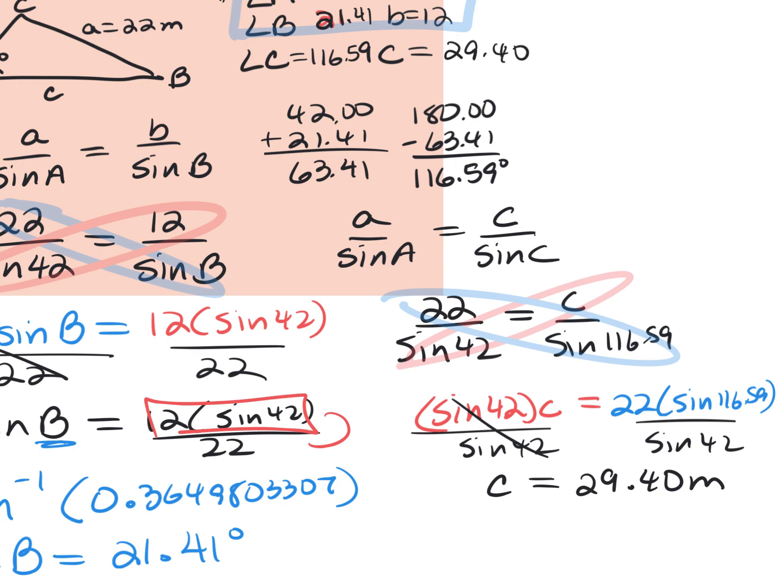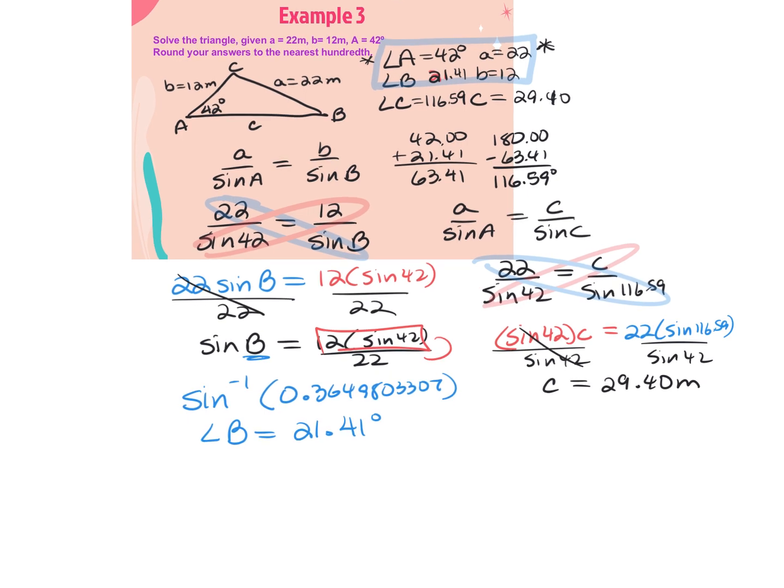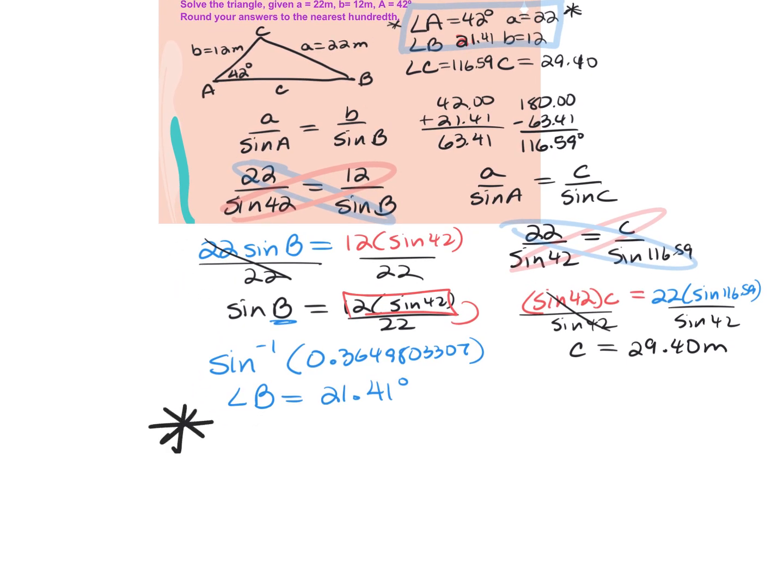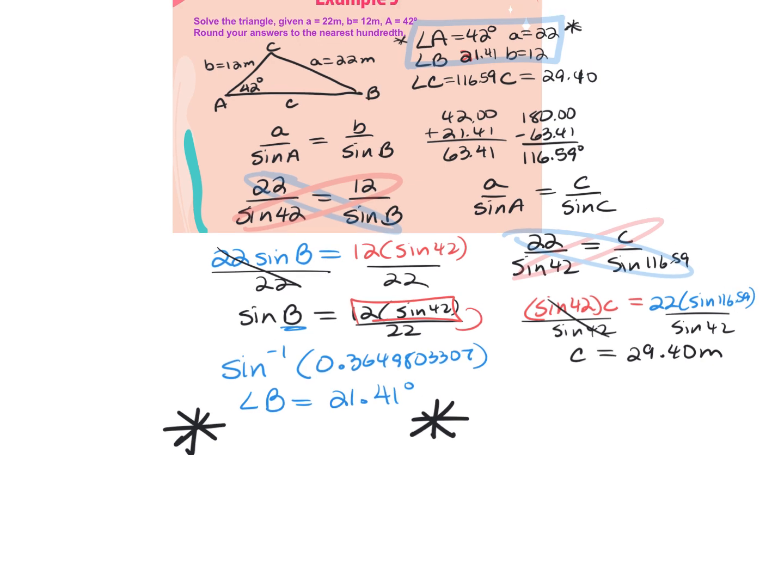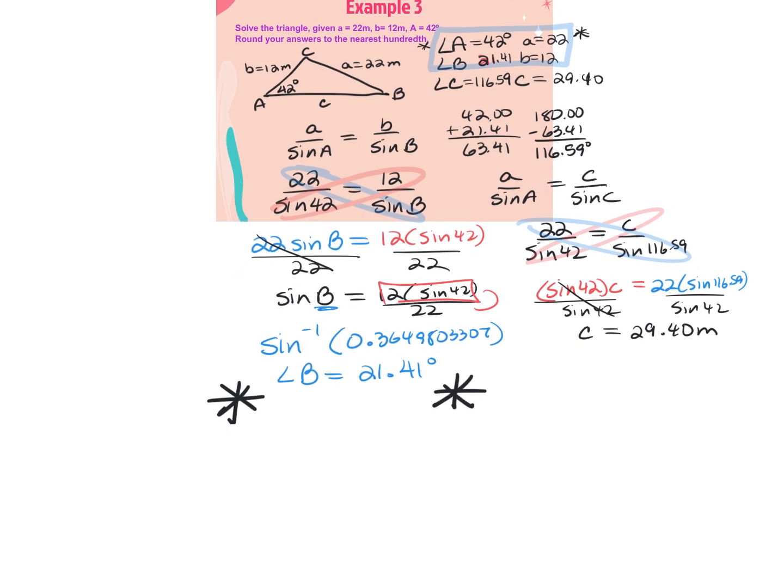Now, on those steps that were on the previous slide, what they had recommended is that after you find this first angle, you can stop and check to see if there's going to be a second triangle. But I like to go ahead and complete the first one. Now I'm going to go back. Because I had the SSA scenario, I need to see, can I do this all over again and make a second triangle? The way you do that is you take the angle you found first, angle B,